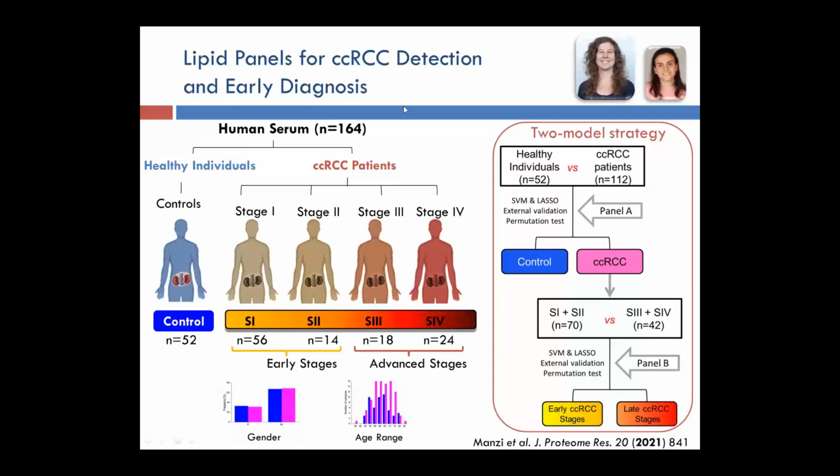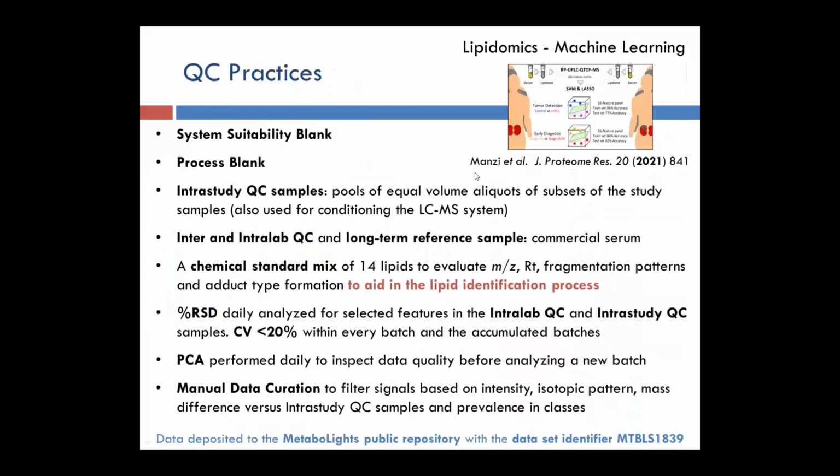And we designed a two-model strategy in which we found two different lipid panels: one that allowed us to detect the disease, differentiating samples between controls and ccRCC patients, and a second lipid panel that allowed differentiating early ccRCC stages from advanced ccRCC stages, by means of using support vector machines coupled with the lasso feature selection method. So in this particular study, we followed more or less the similar QC practices that I have mentioned for the previous studies. In particular, for this study, we